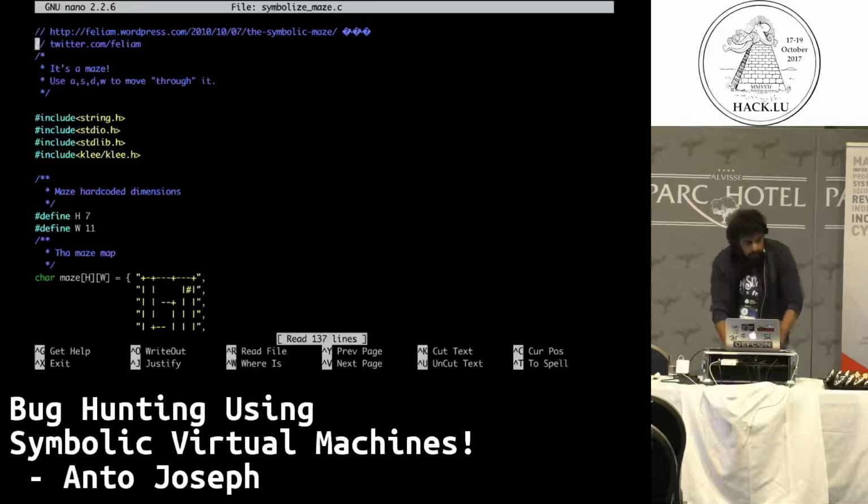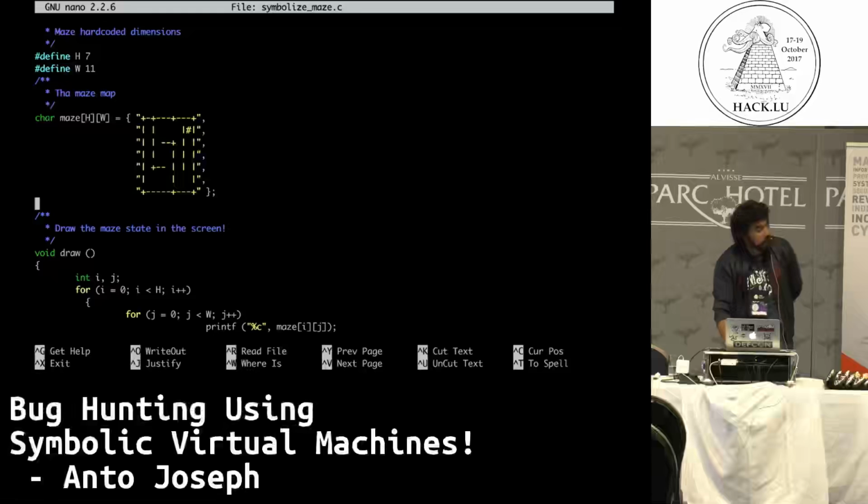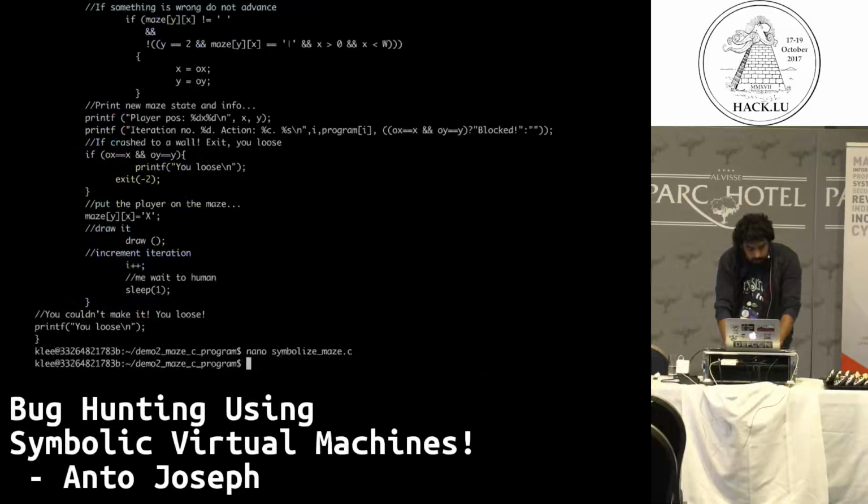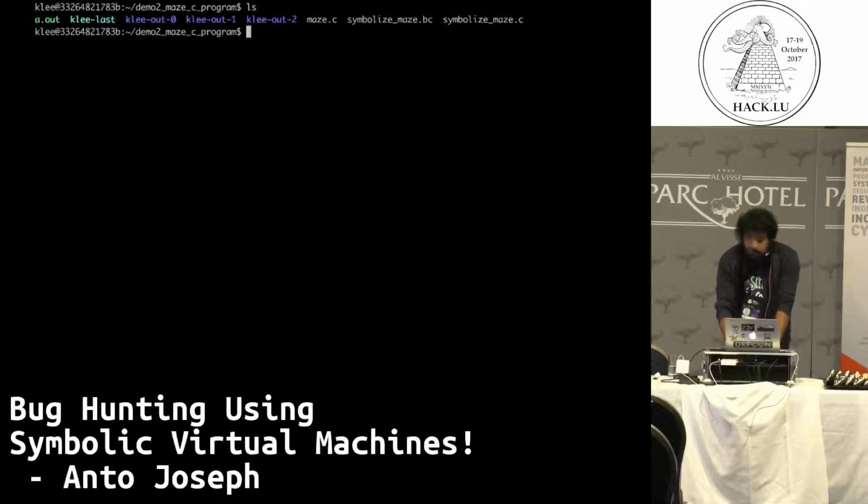Okay, so this is a C program which is printing a maze, and you have to find your way around this maze. You could use the arrow keys, A S W D, just like you would play a game, and you can reach the gate. So this is how the program is written. It's around 100 lines of code, maybe. So yes, you could audit the code and find bugs, but then I'm just lazy. I just want to use Cleat to generate all the test cases and see if there is a bug.